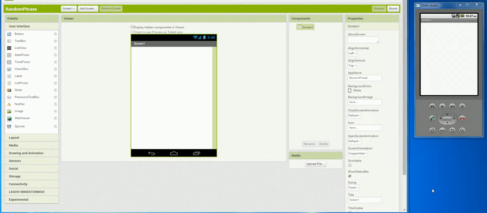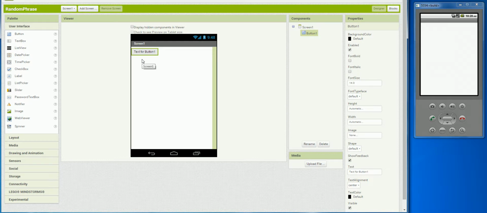This is a simple project called Random Phrase, but there's a couple of new things that we're going to add in. So before we start, I've started up App Inventor, I started up AI Starter, then I started up the emulator as you see on the screen. And I'm going to need a button, and when I click on the button, I want it to say one of a number of random phrases. So I've dragged it onto the background,